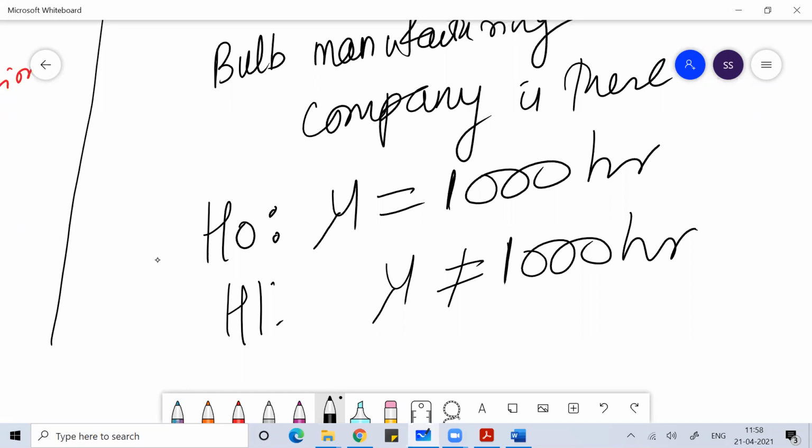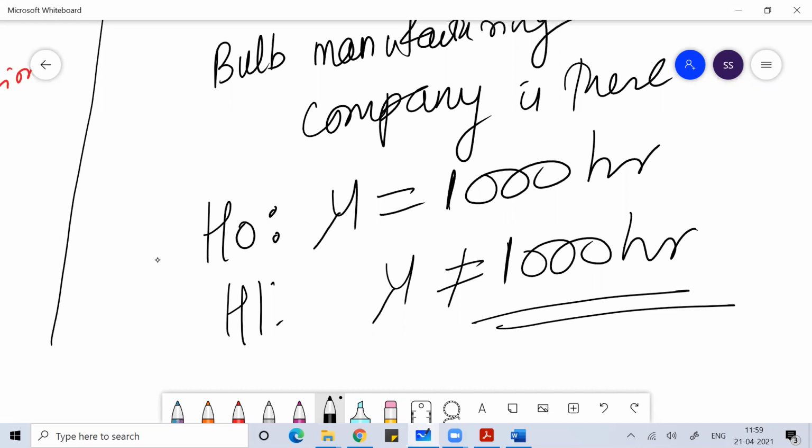I hope you're understanding. And imagine if you buy a phone and that phone does not work for more than 2 months, then will you buy the phone next time? No. So in both cases, you will not buy. Imagine if the product is too good, that is also a problem. If the product is not at all good, then also there is a problem. So I hope you're understanding. In such a scenario, we perform a two-tail test.